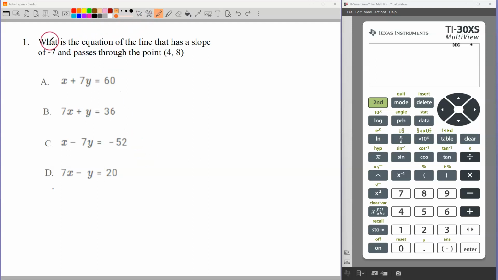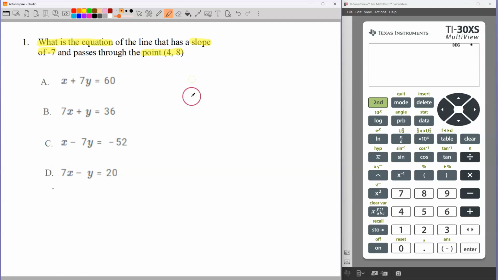It says, what is the equation of the line that has a slope of -7 and passes through the point 4, 8. Now this is a difficult problem if you do it on paper, but let me show you a shortcut that can really help you. First of all, it says, what is the equation? And the other information we're given is the slope is -7, and the line, if we were to graph it, passes through the point